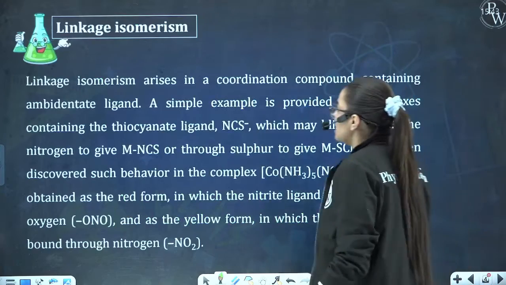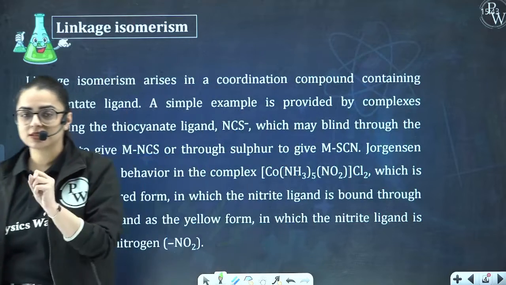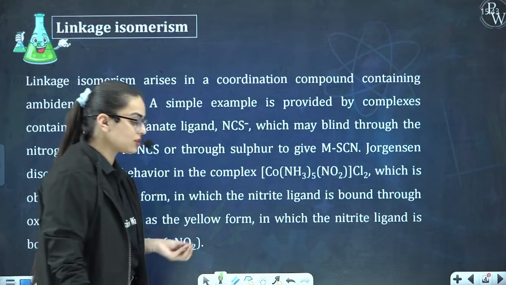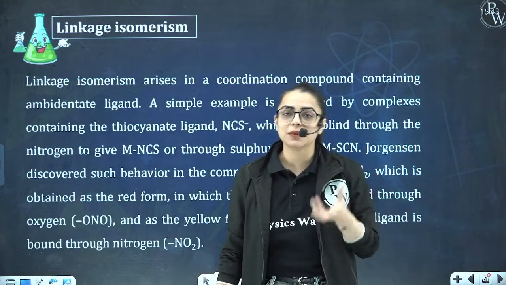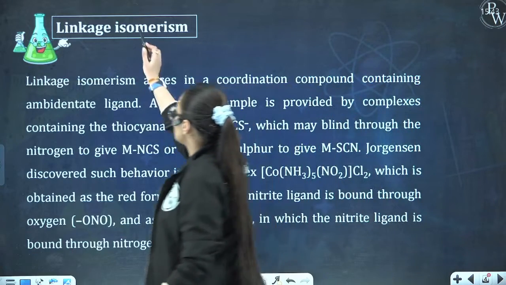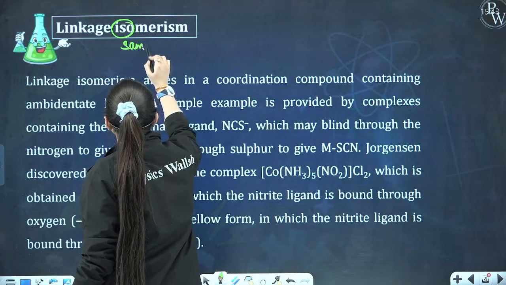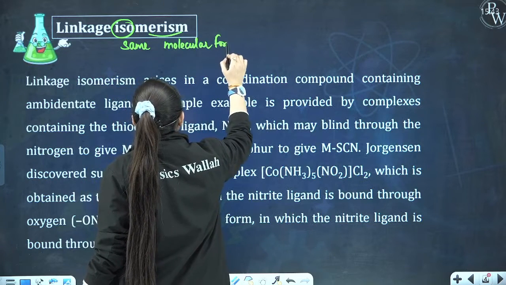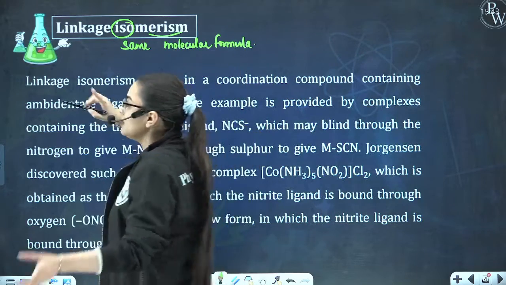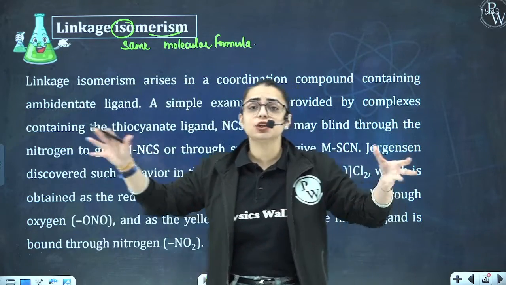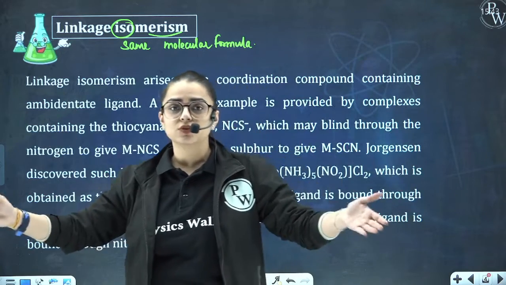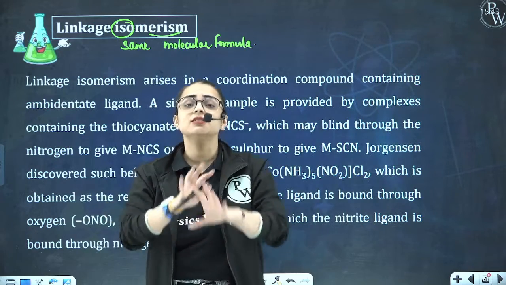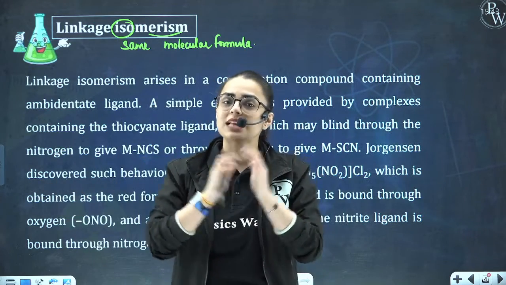Moving on to the next part that we were discussing in the previous lecture, which was about isomerism. If you remember, in the previous lecture we had started what is isomerism. Basically, iso refers to same and merism refers to molecular formula. So the one which has the same molecular formula is referred to as isomerism. If we talk about two compounds and compare both of them, if they have the same molecular formula but there is a difference in their structure, then they are referred to as isomers of each other.